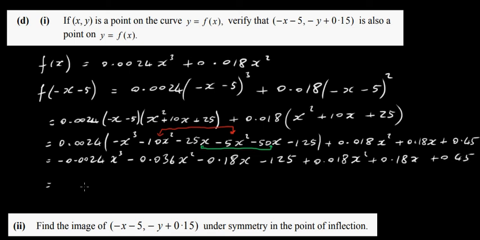Okay, almost there. Now we have an x cubed here, there are no other x cubes, so I'm just going to write that down. That's minus 0.0024x cubed. I've got an x squared here and I've got an x squared here. Put those two together and you get minus 0.018x squared. Now I have a minus 0.18x here and I have a plus 0.18x here, so that they will just disappear. I get 0 if I put those two together. And then finally I have minus